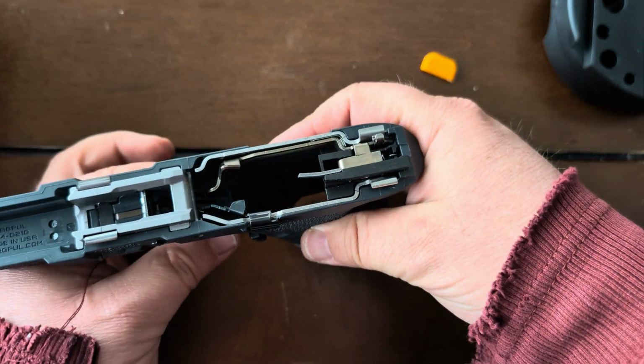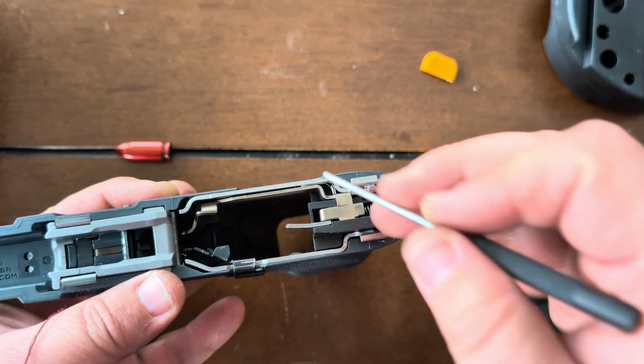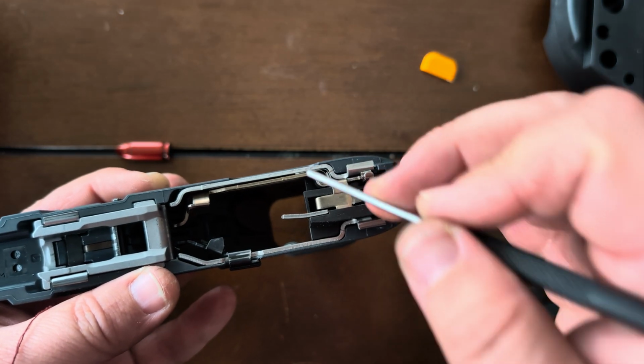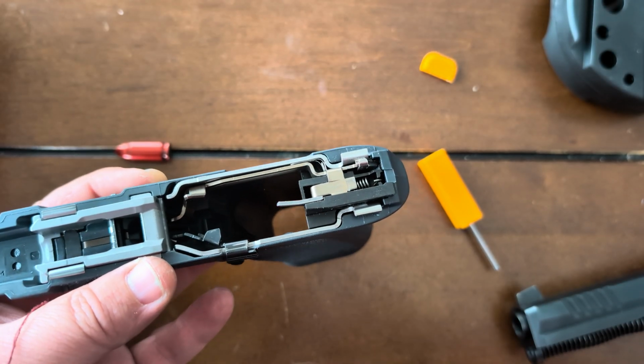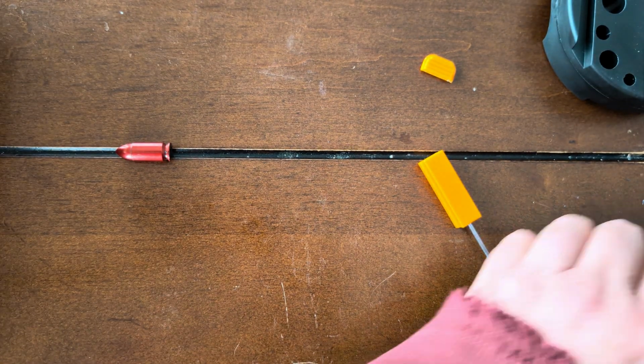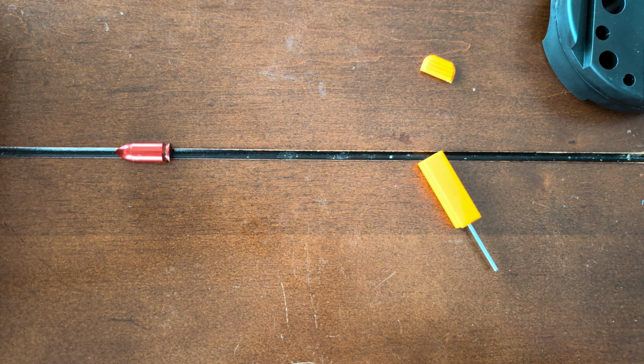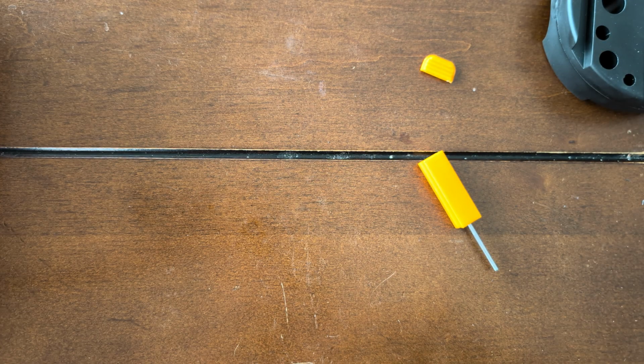Okay. And then if I did need to get in there for the overtravel stops, I could just pull the trigger forward resting on the safety, and then I could go in and pull one of those to remove it. And so that's all there really is to that. And this is really a great upgrade. One thing to note is